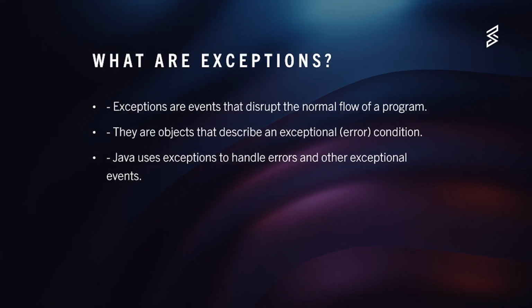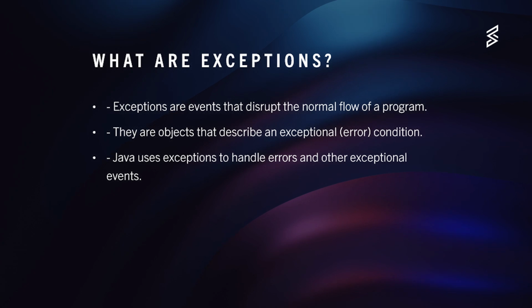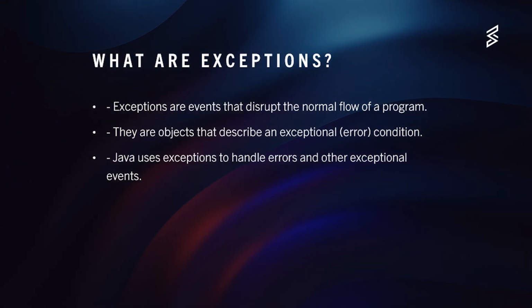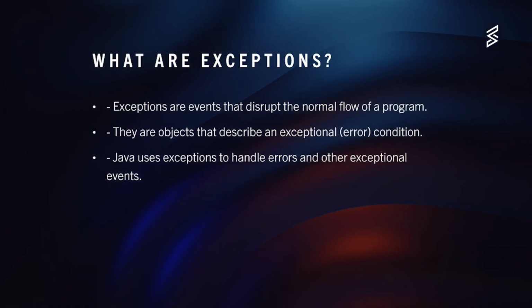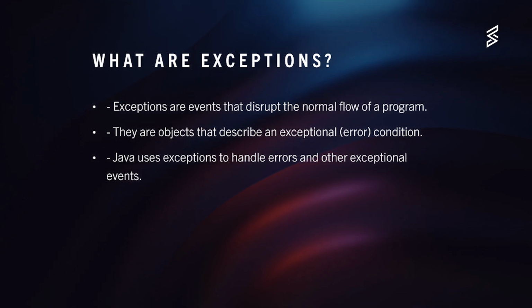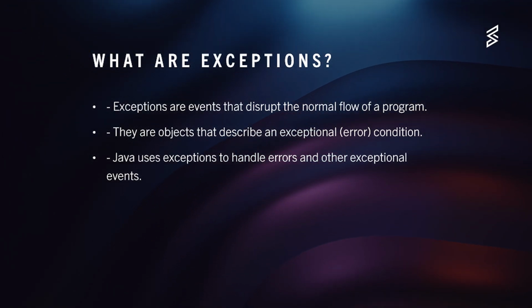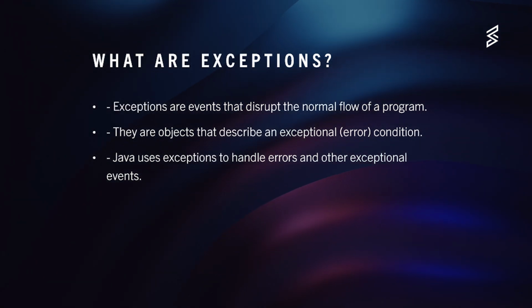What are exceptions? In Java, an exception is an event that disrupts the normal flow of a program's execution. These disruptions are usually caused by errors like accessing a null object, dividing by zero, or trying to read a file that doesn't exist. Java's exception mechanism provides a structured way to handle these issues gracefully, so applications remain robust